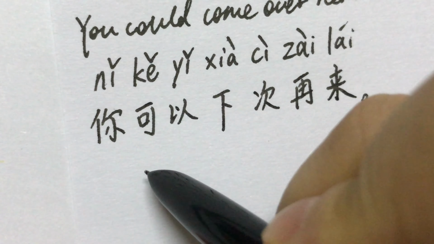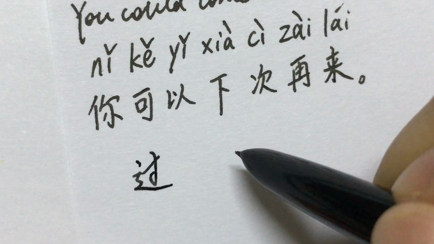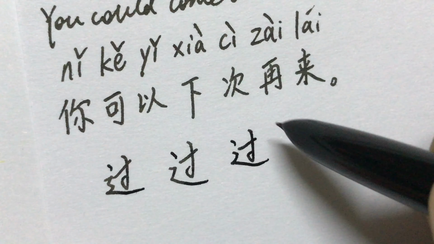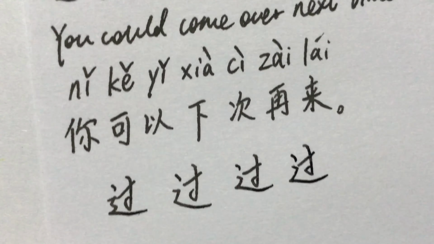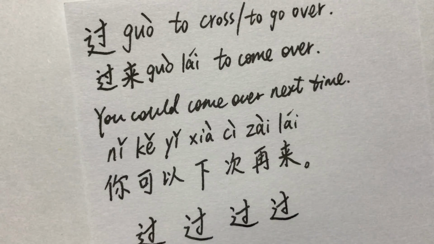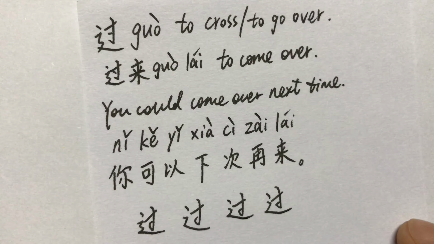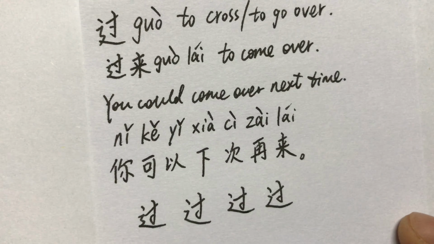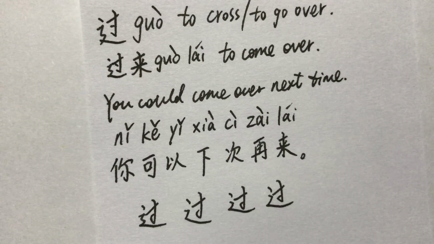Fast. You can write it like this. 过, to cross, to go over. 过来, to come over. You could come over next time. 你可以下次再来。